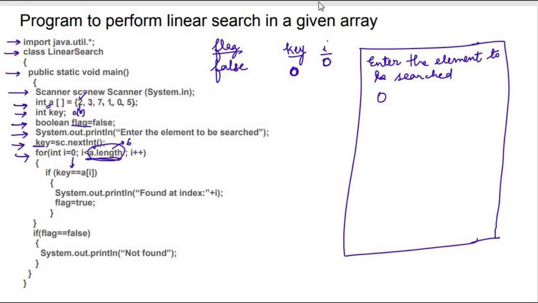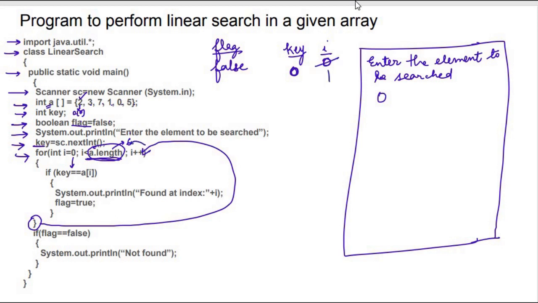Means first element को compare किया गया. False हुआ. This if block does not happen. This execution of this if block does not happen. तो फिर ये यहाँ इस ब्रेस में चला जाता है. And this is the brace of for. So for से फिर ये ऊपर आ गया. I plus plus. I becomes 1.